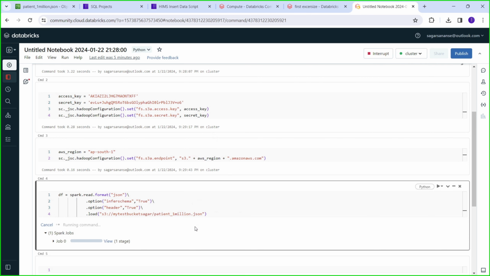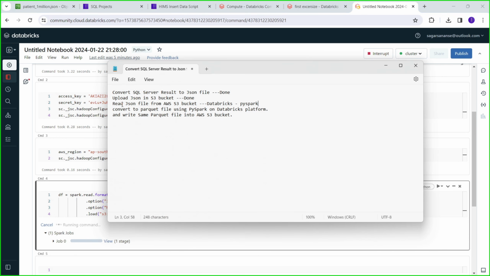So here we read the JSON file from the S3 bucket. Right now we are doing this, and once it is done, we have to convert it into the Parquet file using PySpark, with the help of the same platform. So this is our next objective. Right now we are here. Once it is done,